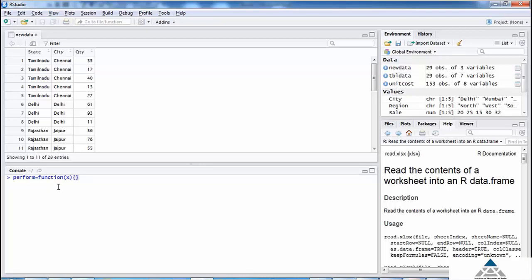Within curly brackets, write the calculation which needs to be performed on this argument by this function. If else x is less than 30, then poor. If else x is less than 60, then okay.